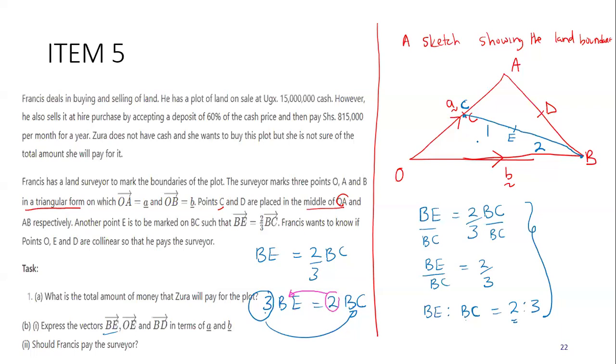Now we are going to start with our sketch here. Now we want to find BE. But in order for us to find BE, we cannot obtain it without knowing what is BC. And also, after knowing that, we need to move from there. What is BC? That is the first thing we need to find out. But we cannot know BC without knowing what is OC. So there are quite a lot of things we are going to first work out.